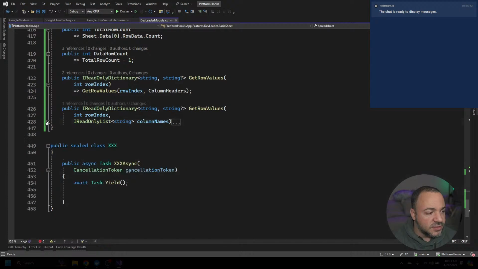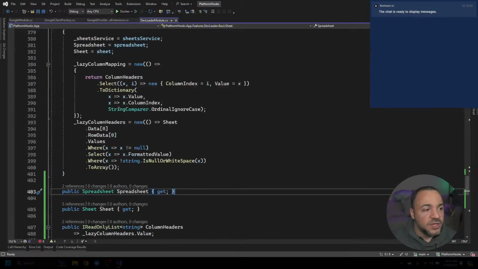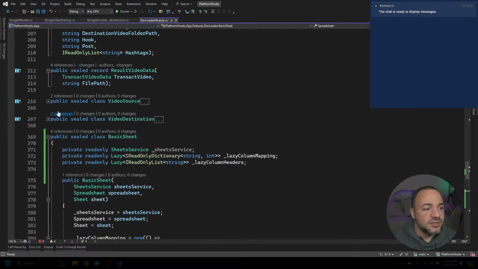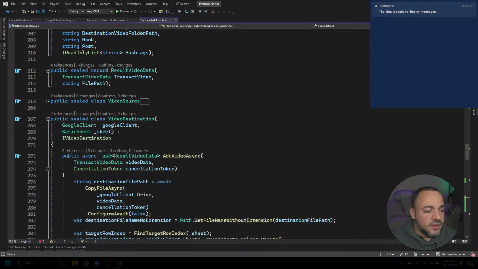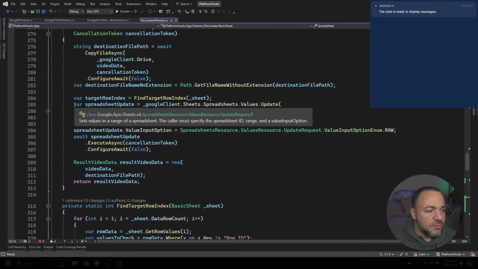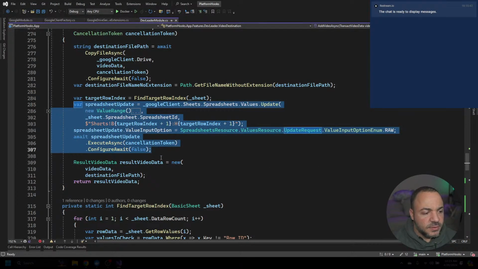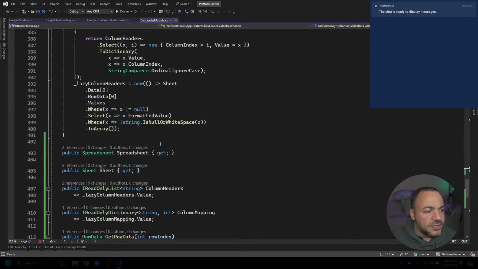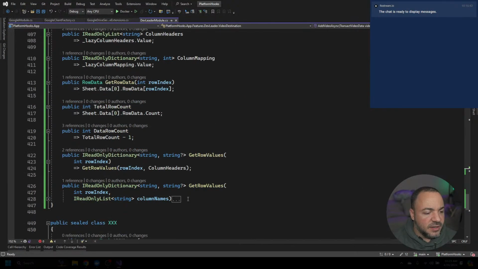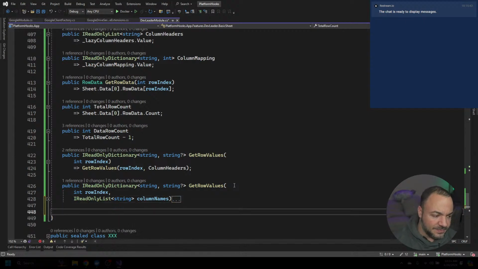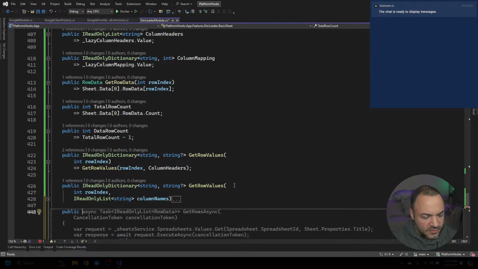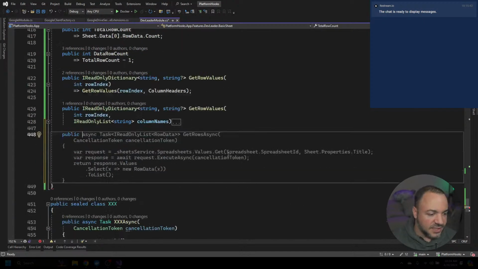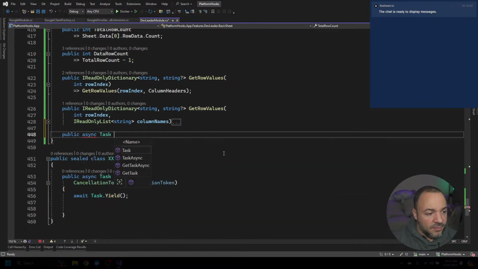So I wrote some helper methods already, but what I want to do is start pulling that code that we were just looking at. I've already lost it, but I think it was right here. I want to start pulling this code into a helper method. So I just copied all of that. I'm going to go into here. I don't know what I want to call it yet. It's like Copilot is trying to predict what I want to do. I want to call it something like update row